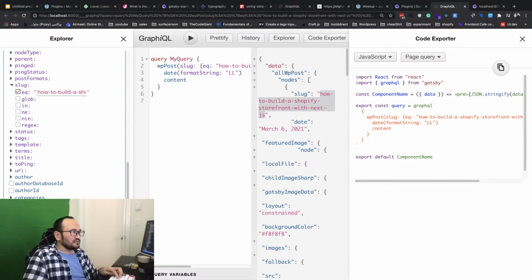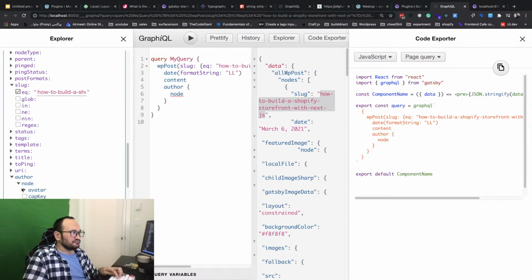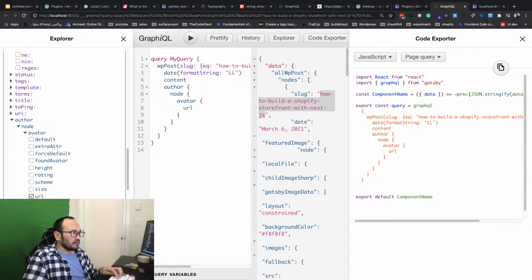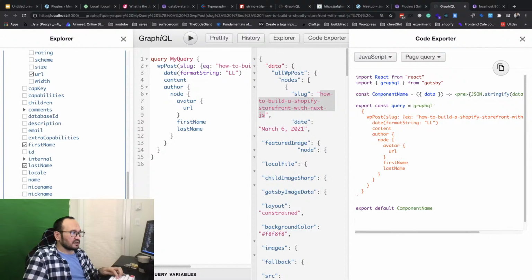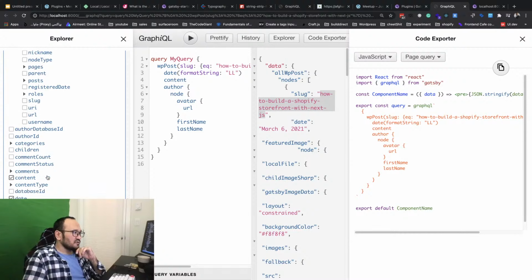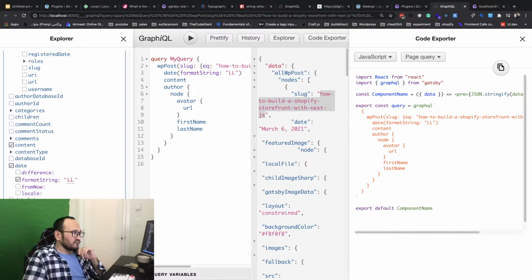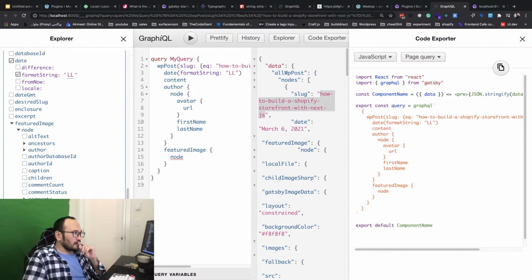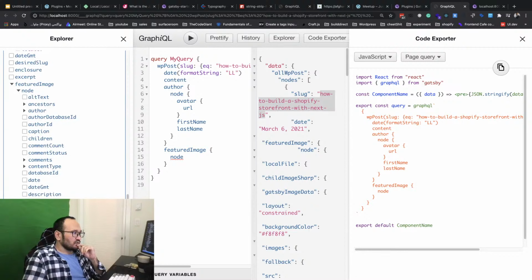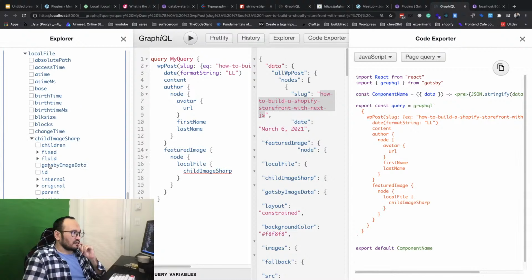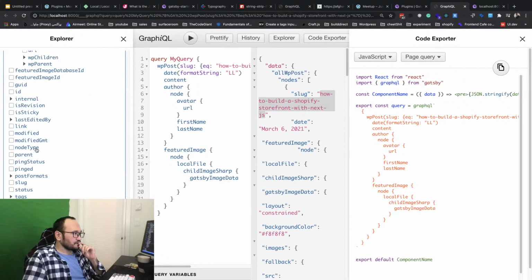I want to get comments. I want to get author information, URL, and again I want to get first name, last name, and from this we want to get date, and we want to get the featured image, again featured image, and it was a local file, and then imageSharp, and gatsbyImageData. Do we need a slug again?